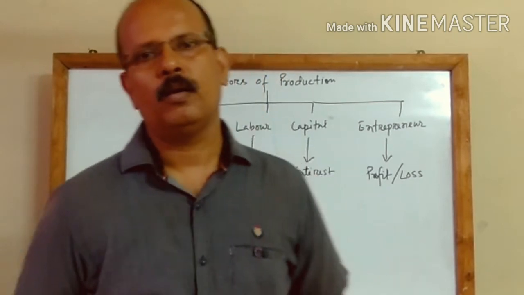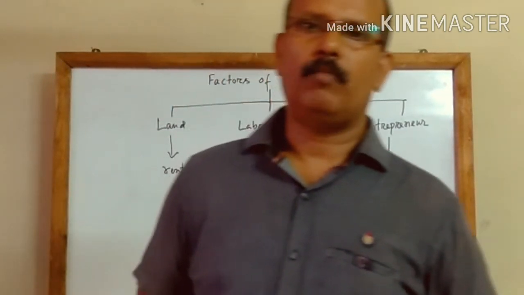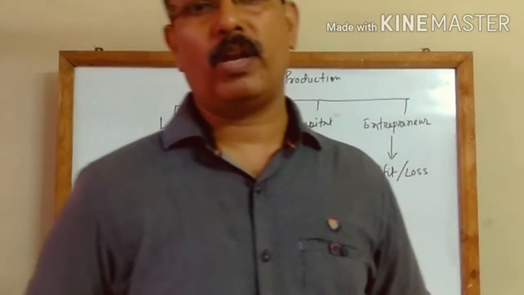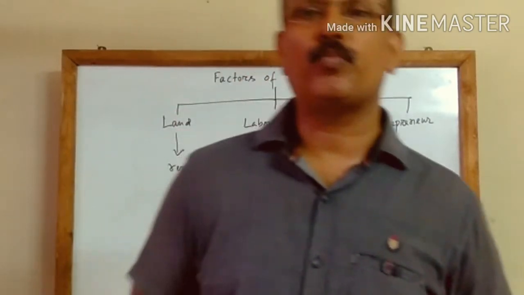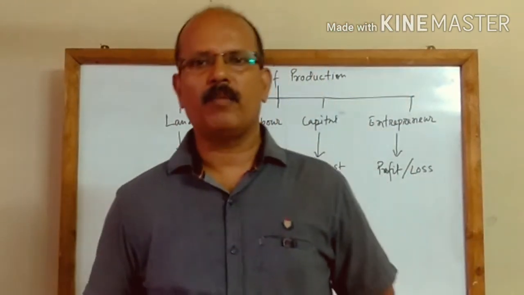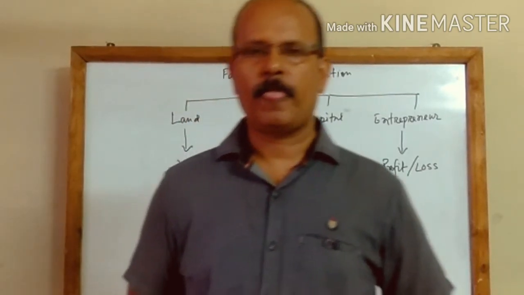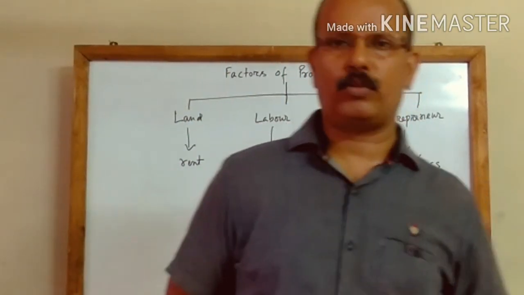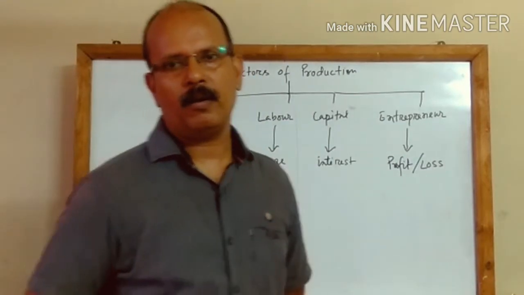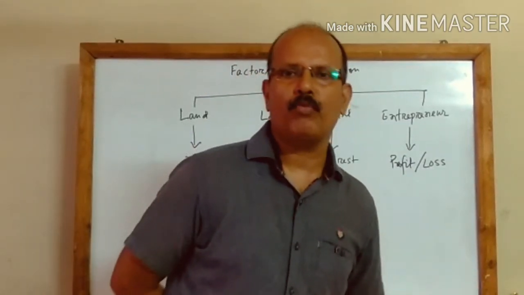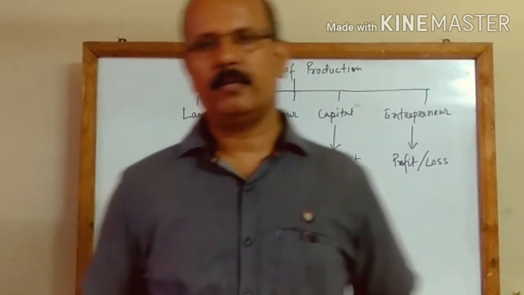Hello everyone. Today I am going to explain four factors of production. Whenever a producer is going to produce any commodity, he must use some factor inputs and some non-factor inputs. Now factor inputs are called factors of production, and factors of production are of four types, that is land, labor,